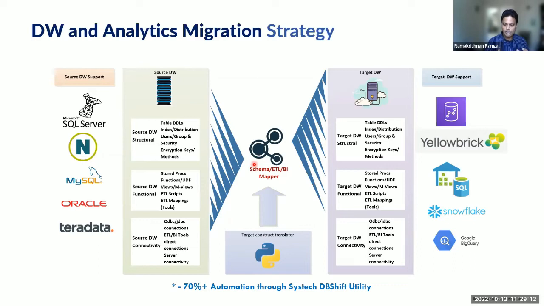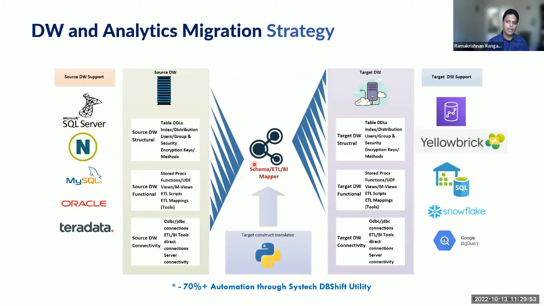So at the core of our DB Shift utility is what we call the mapper, which is the brain of the migration. And this mapper is not just between your source data warehouse, which can reside on SQL Server or Netezza or MySQL, to Yellowbrick. At that level, you have tables and all the performance tuning that has been done based on your source data warehouse. In the case of SQL Server, you might have created indexes, your distribution strategy in Netezza, and so on. You have whole identity and access management policies, security policies surrounding that.